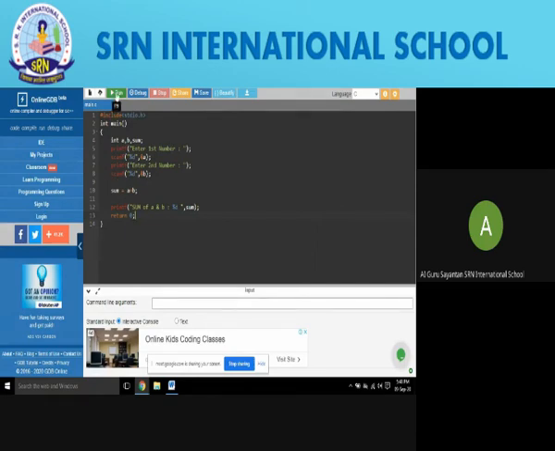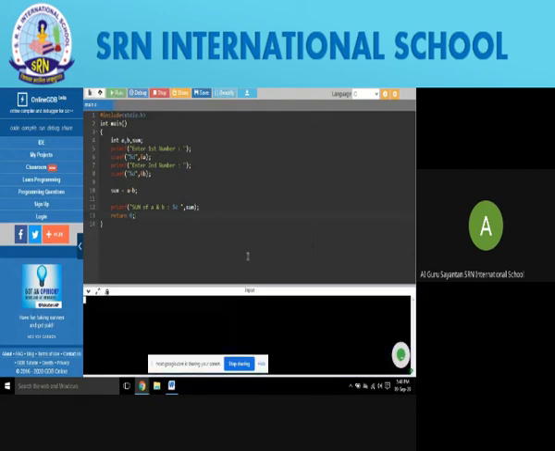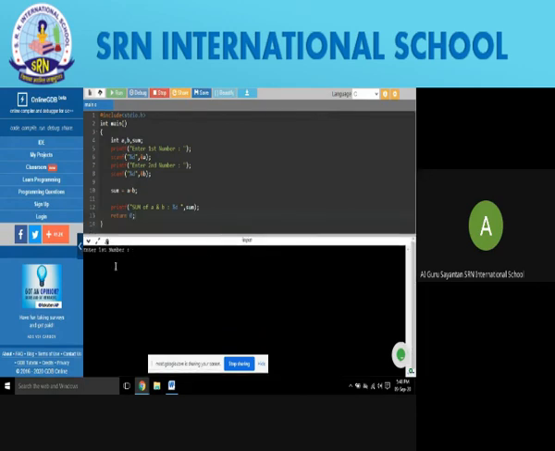A short recap: why we are running the code, because we are checking whether there is anything wrong or anything not given. If there is any problem, it will stop and we will change the program and then it will start. So now click on run. The code is getting compiled, and now you can see that it's showing first number.